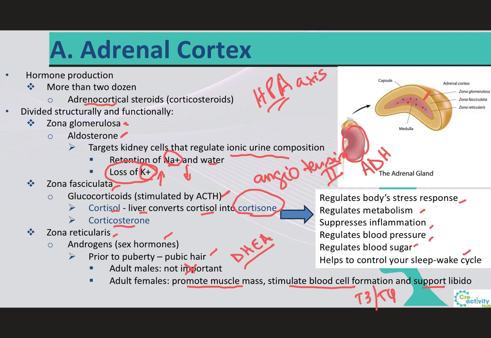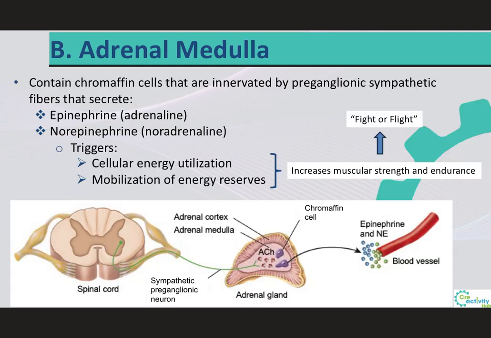So in addition, the overproduction of adrenal androgens in females can lead to, for example, a husky voice, even menstrual irregularities, and in males, it can cause patterns of baldness. So this is why it's important to maintain a normal balance, maintain homeostasis within the body in regards to the levels of hormones. Now that we have already talked about the adrenal cortex, we're going to be covering the adrenal